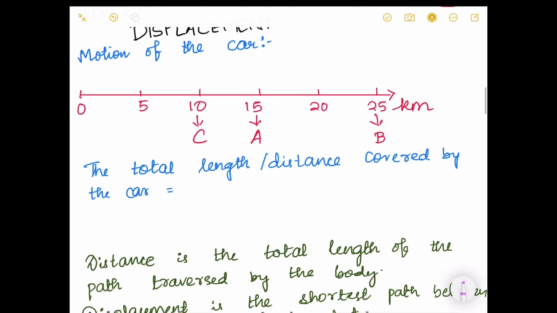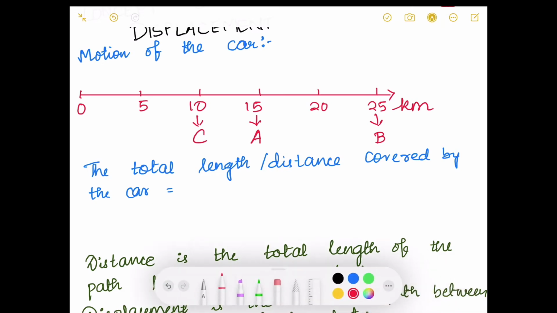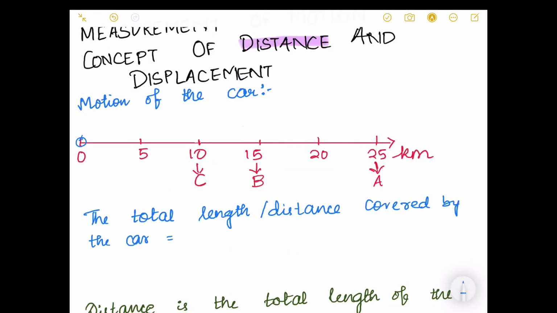Let us consider the example of an object. Let this object that we are considering be a car. Let us consider the example for this. Consider a car which starts its journey from O, and let A, B and C represent the position of the car at different